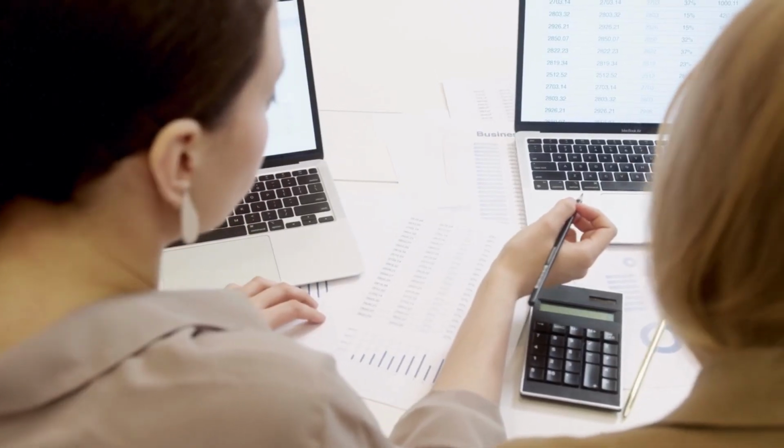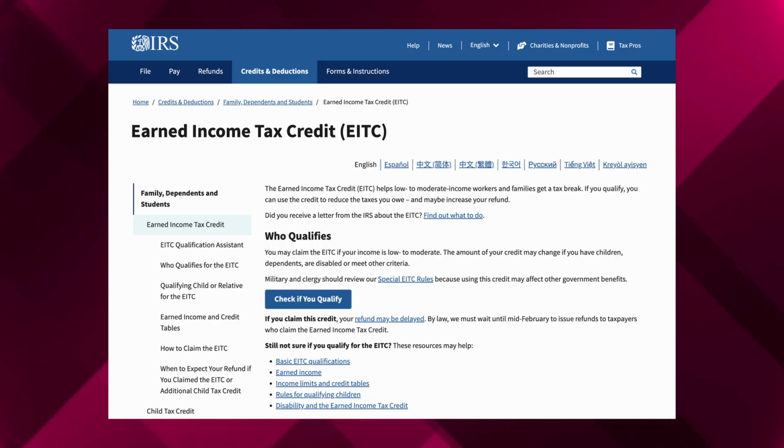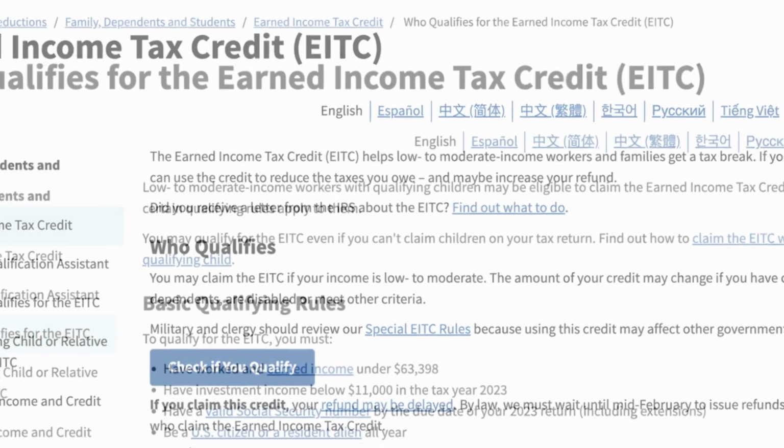Earned income tax credit is another popular tax break. Depending on your income, your filing status, and how many children you have, the credit could save you a few hundred to several thousands of dollars on taxes. You would have to answer very specific questions to see if you qualify, as there's not a single set of criteria. But according to the IRS, the basic rules are: